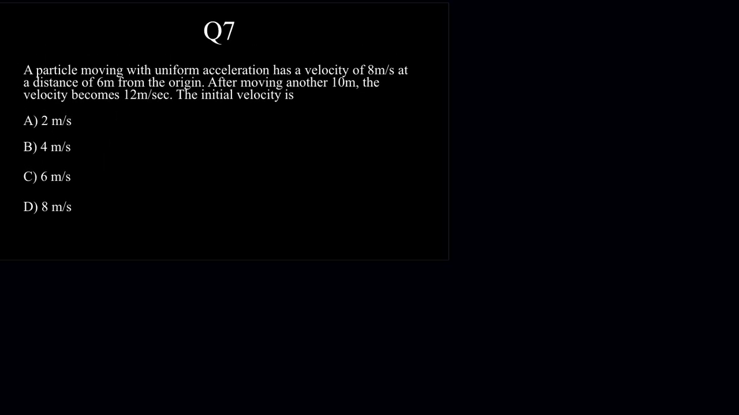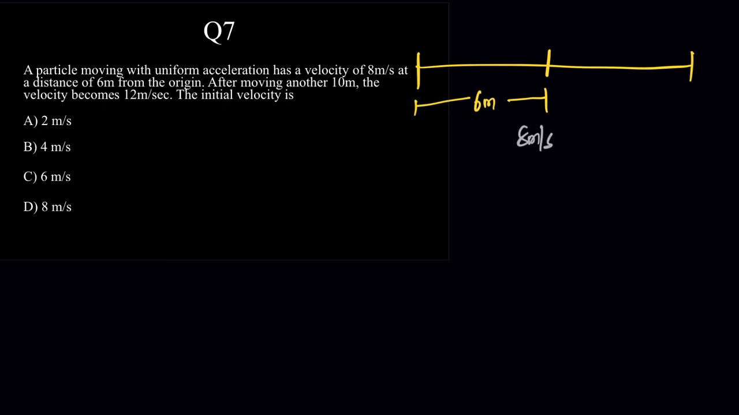So, as usual, let's start the question solution by drawing a rough diagram. So it goes like this. A particle with uniform acceleration has a velocity of 8 meter per second at a distance of 6 meter. So the body has traveled 6 meter, and at this point the particle has a velocity of 8 meter per second, at a distance of 6 meter from the origin. Okay. After moving another 10 meters, which means this distance is now 10 meters,